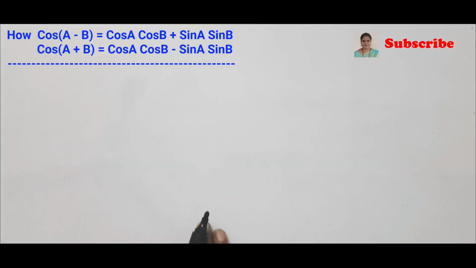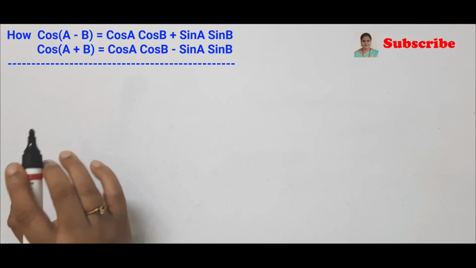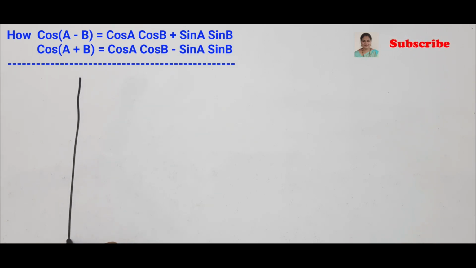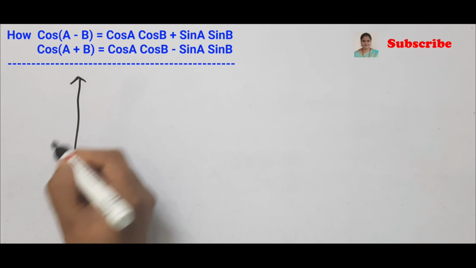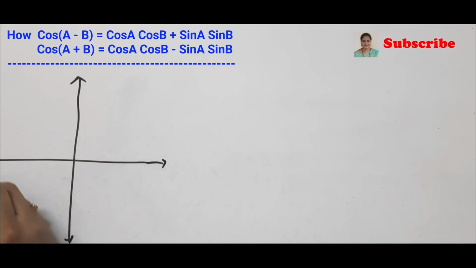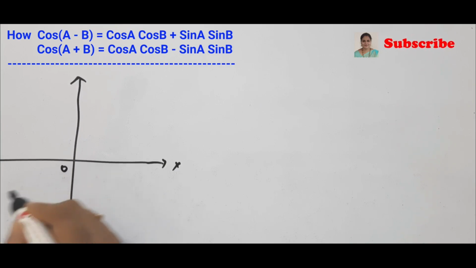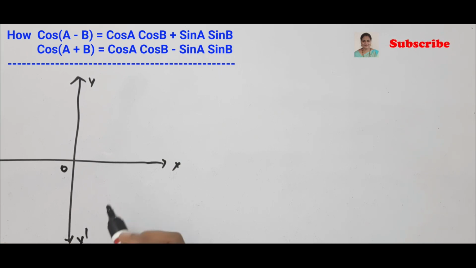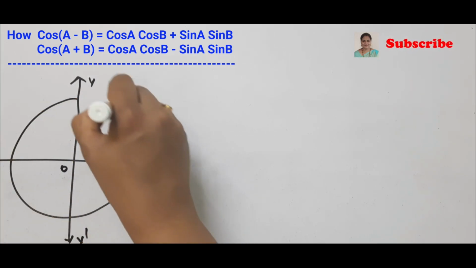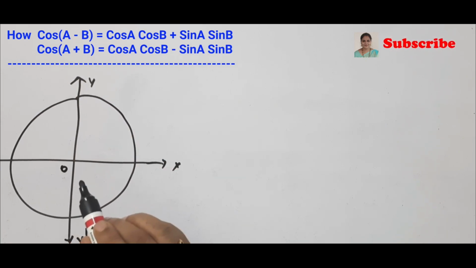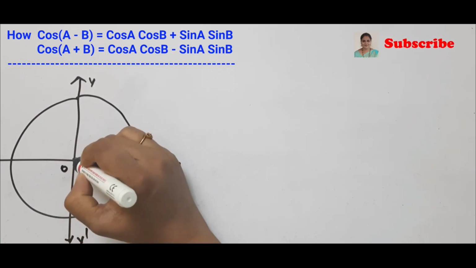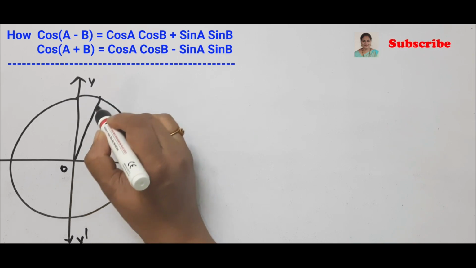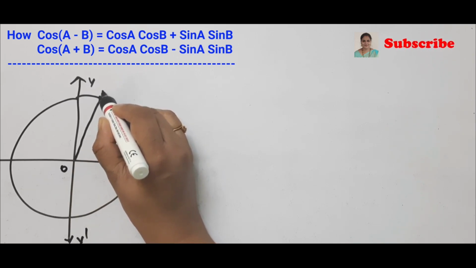To study cos of a minus b, first draw a unit circle on a coordinate axis. So let us draw the unit circle. So this is x, O, negative side of x, y, O, negative side of y. Draw a unit circle of radius 1. Suppose the terminal ray is making an angle A. So let this be the angle A. Let the point at which the terminal ray intersects the circle be P1.